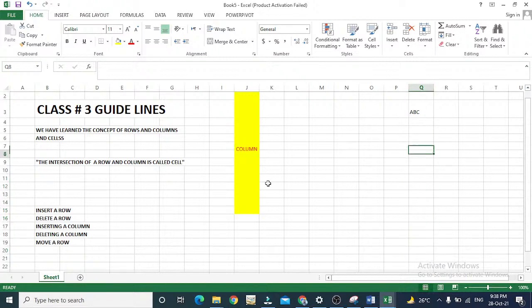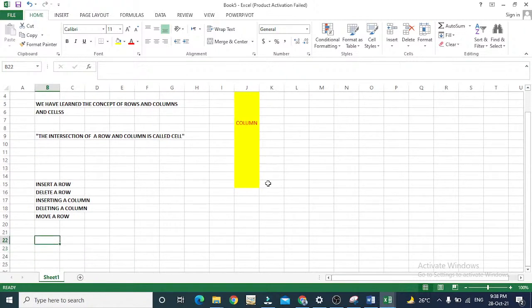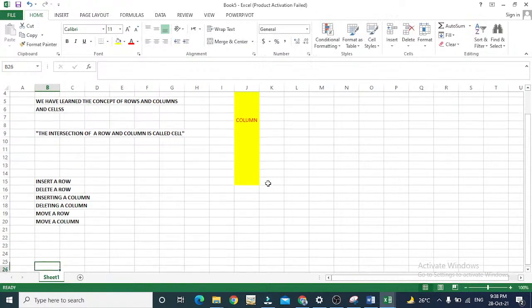So we learned so far inserting a row, deleting a row, inserting a column, and we deleted a column, and how to move a row and how to move a column. Now